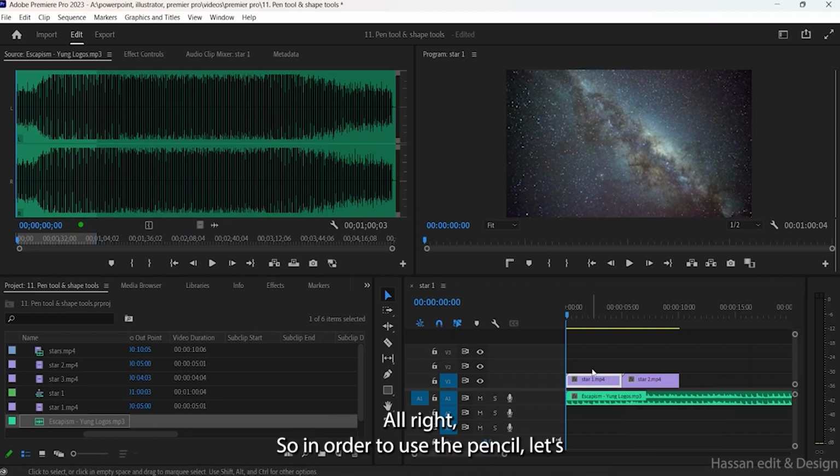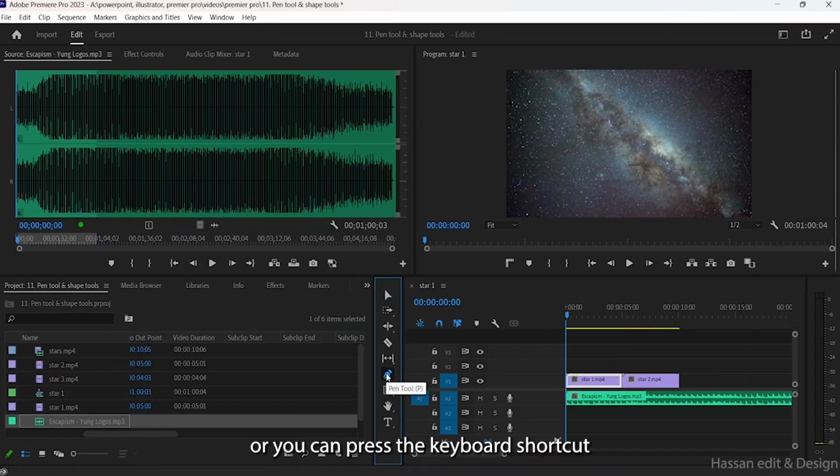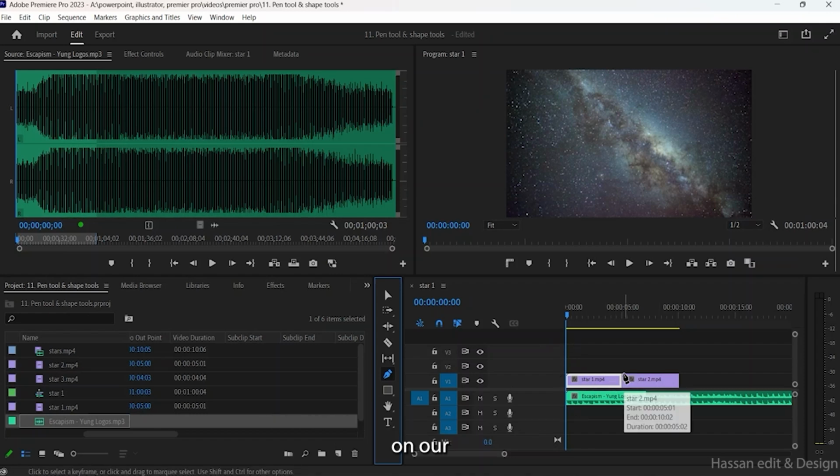All right. So in order to use the pen tool, let me explain the steps you need to do. Okay. So first, we have to click on the pen tool icon in the tool panel, or you can press the keyboard shortcut P on your keyboard to activate the tool. All right. Then we will basically use it to create keyframes on our